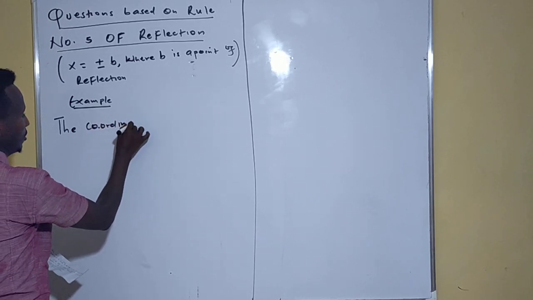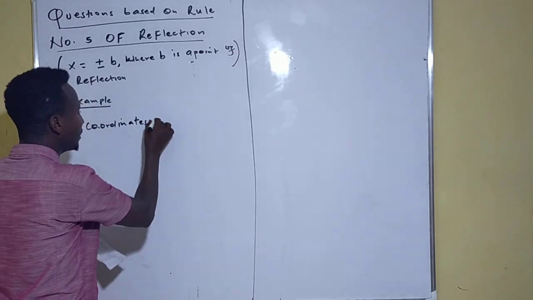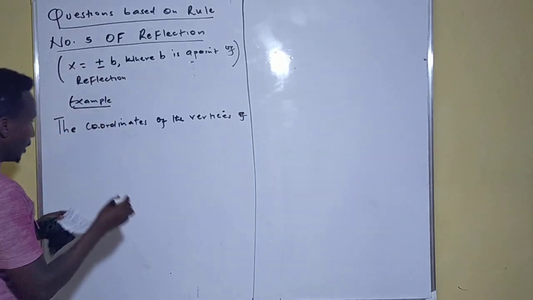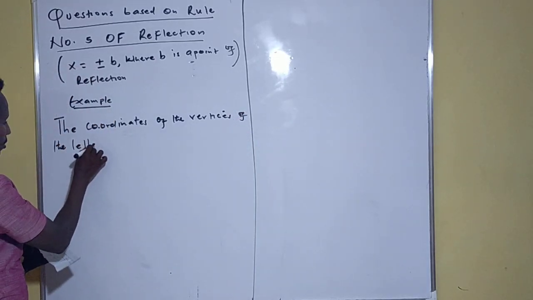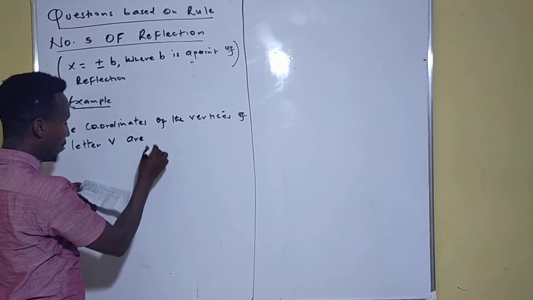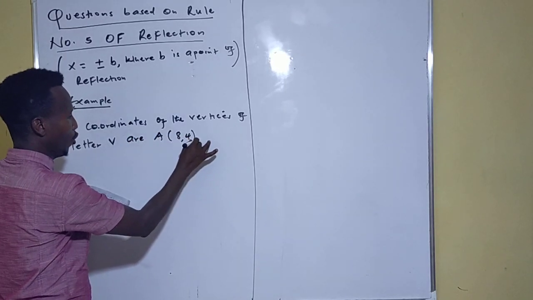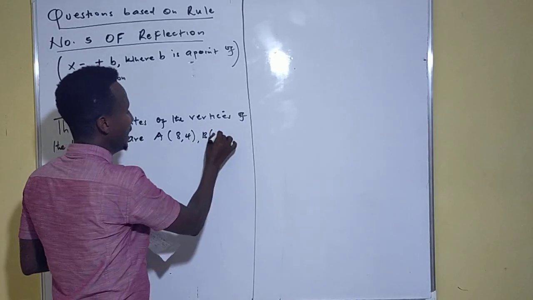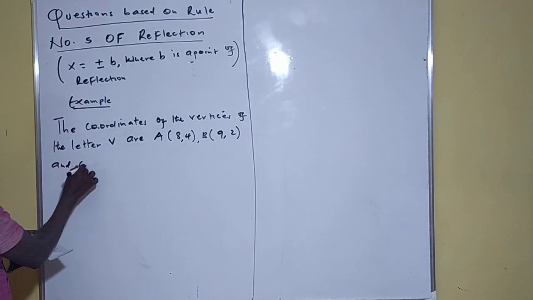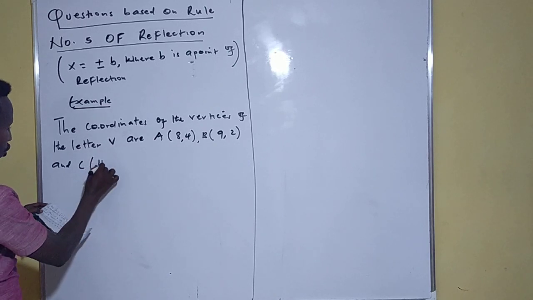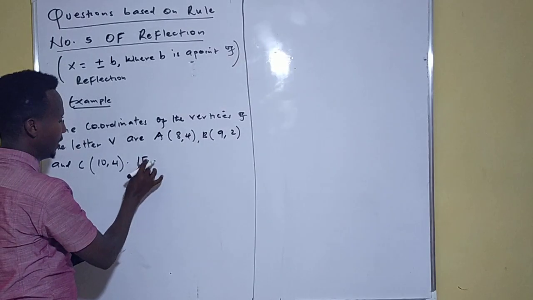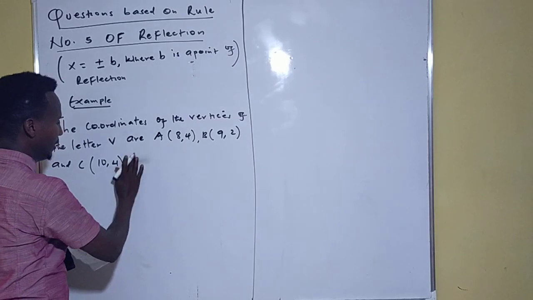The coordinates of the vertex of the letter V are A (8, 4), B (9, 2), and C (10, 4). You're told, if the letter